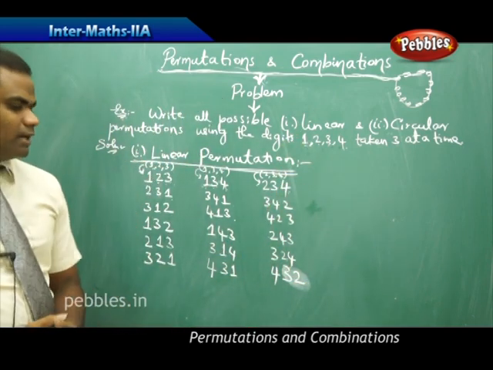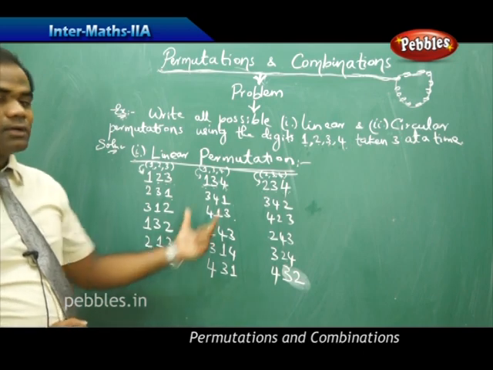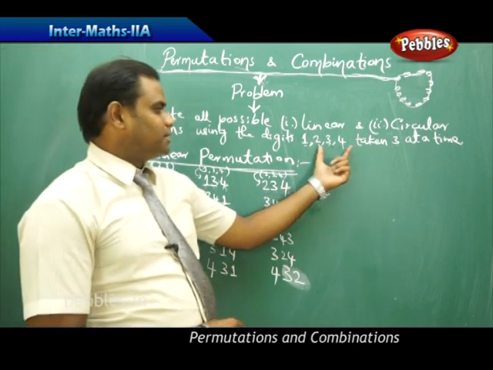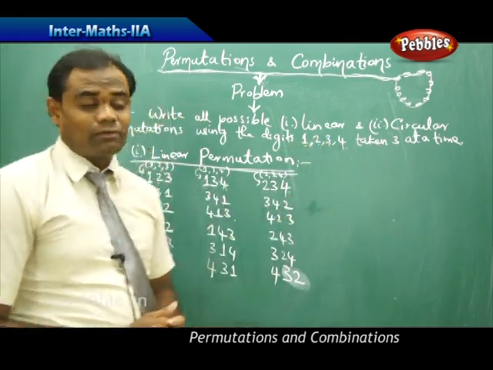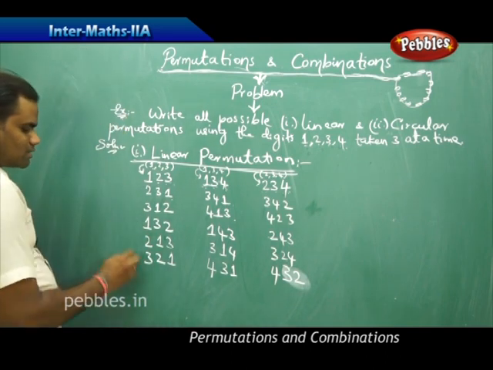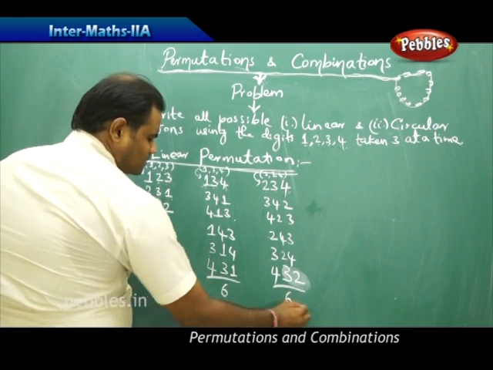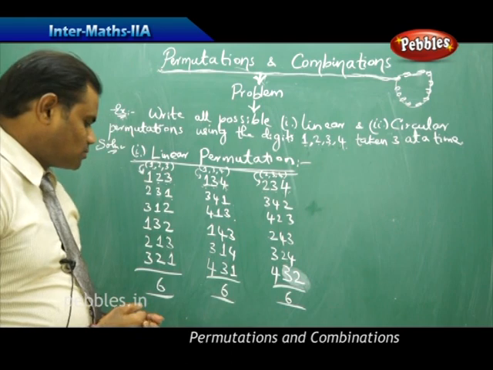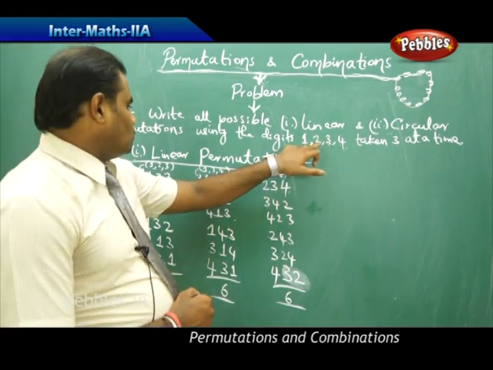This is how we understand the various possibilities which can happen with this. So these are the possible permutations of forming 3-digit numbers taken 3 at a time out of the 4 elements 1, 2, 3 and 4. Here there are 6, and 6, and 6, which are possible when you add up. So, as you see, there are 3 different ways of forming, but I think I missed out on